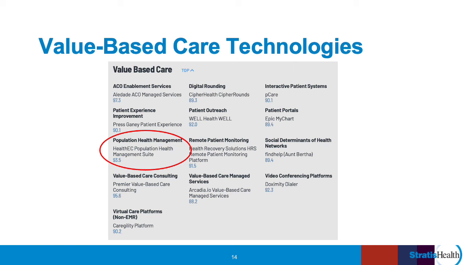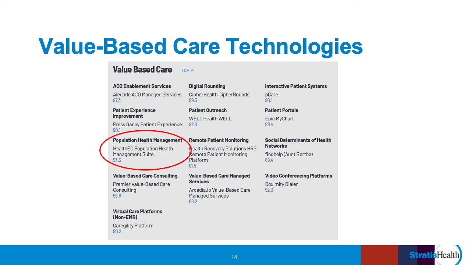We've mentioned ACO and APM as one or two of the primary familiar models. These demand different goals, measurement, and degrees of patient engagement, and thus require this broader set of technology solutions. That may not be true for your organization, and your focus and needs may be much narrower when it comes to creating a set of processes to align your organization to the needs of a particular contract. The takeaway here is to recognize that there are a broad set of solutions in the healthcare information technology and value-based care marketplace to meet the needs of organizations shifting to value-based care and the goals set forth in the